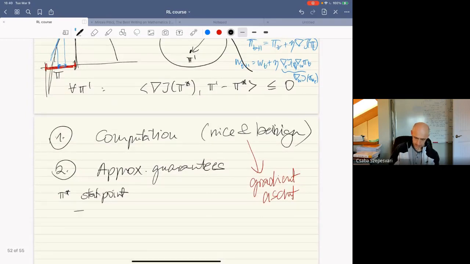Then does it follow that if you take your objective function, which was mu,